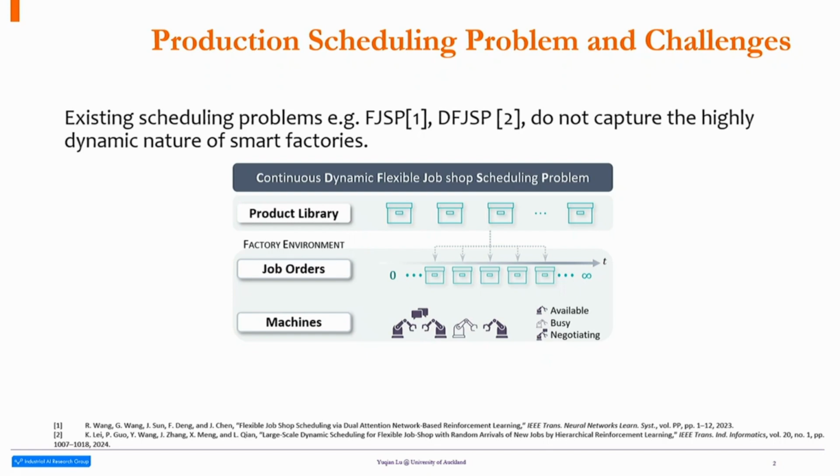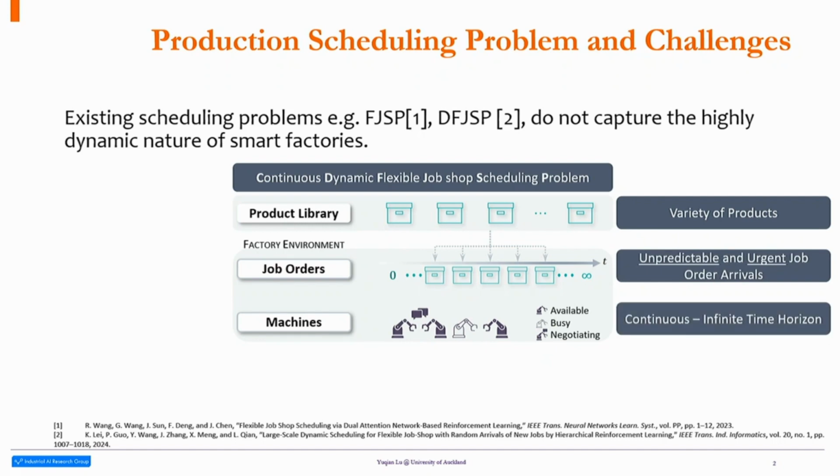We found that in factories, they need scheduling decisions being made whenever they want, because there are always demands coming, always new jobs coming, and you cannot predict that. Then what do you do? Do you run your scheduling algorithm again and disrupt the current schedule that is already in production, or do you take care of all these uncertainties? It's a very hard decision to make. So what we found is that the scheduling problem in the real world is more challenging than defined in the literature, flexible job scheduling for example. As a production engineer, I really care about my factory performance on a continuous time horizon,